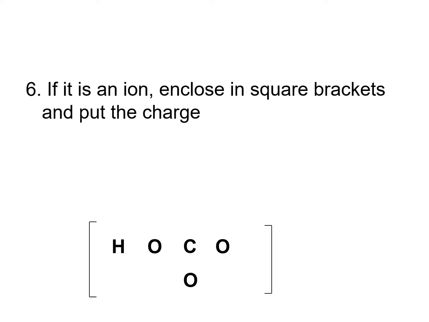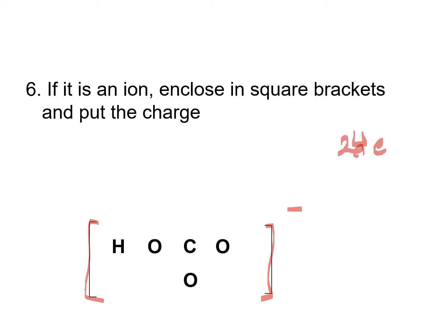Last, let's go through the whole setup again, and we'll see that when we have an ion, we put it in square brackets, and then we put the charge outside of those brackets. If it doesn't have a charge, it's not an ion. If it is an ion, it has to have a charge. So remember, we started with